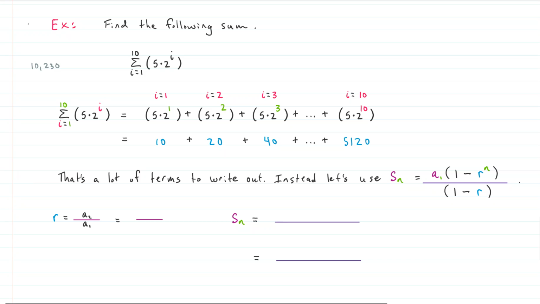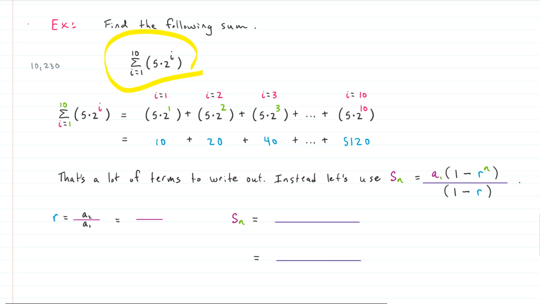Let's try another example. Find the sum of... Interesting. Here we have the sum of, from I equals 1 to 10, of 5 times 2 to the I. We could just write it all out, right? Because this is summation notation here. And by the way, when you're finding the sum of a geometric sequence, it's called a geometric series. And this one, we're only doing the first 10 terms, so it's a finite geometric series. But we'll get to that later, actually in another video. If you want to watch more about that geometric series, please look at my video on geometric series in my